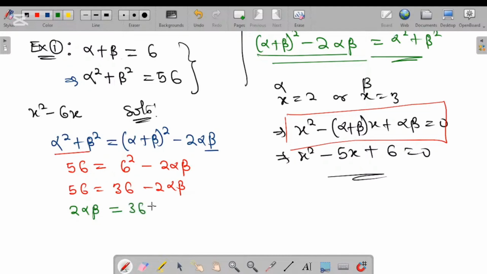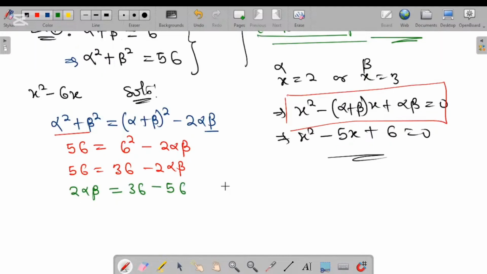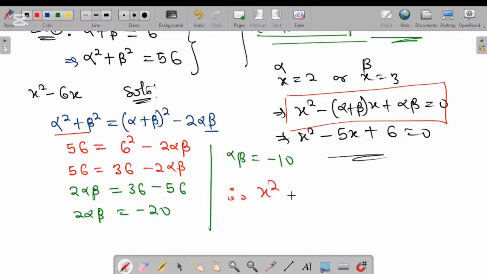This one coming over here will become minus 56. Okay, and so that is going to give me 2 alpha beta is equal to this minus this, which is minus 20. And so my alpha beta is going to be minus 20 over 2, which is minus 10. And you are done. So what is the equation we are looking for? That is x squared minus